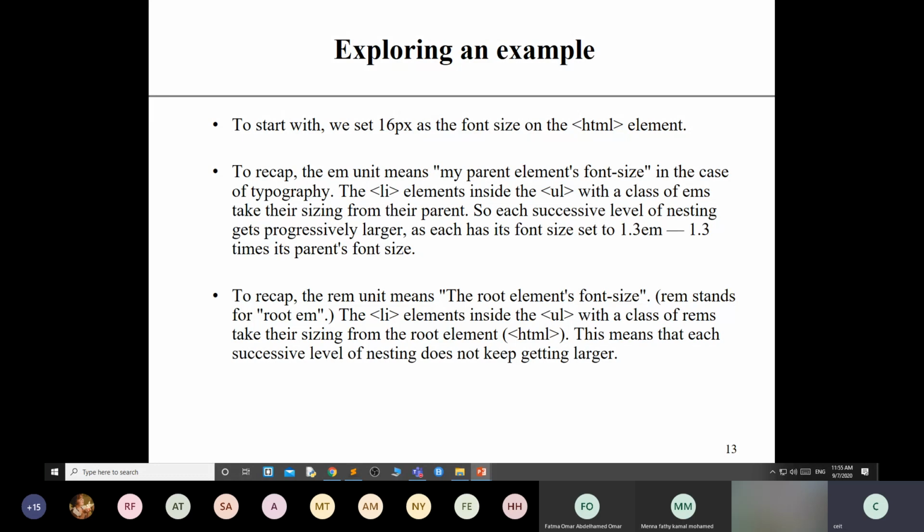EM is relative to the parent, REM is relative to the root. And for your web document, your root is always HTML. Then percentage: 40% means it will simply take 40% of the screen width.